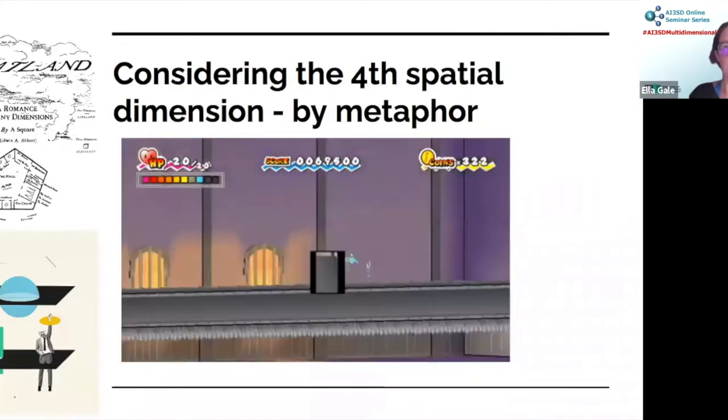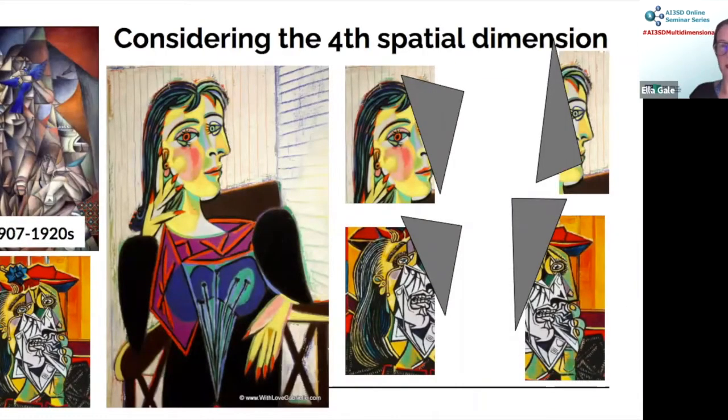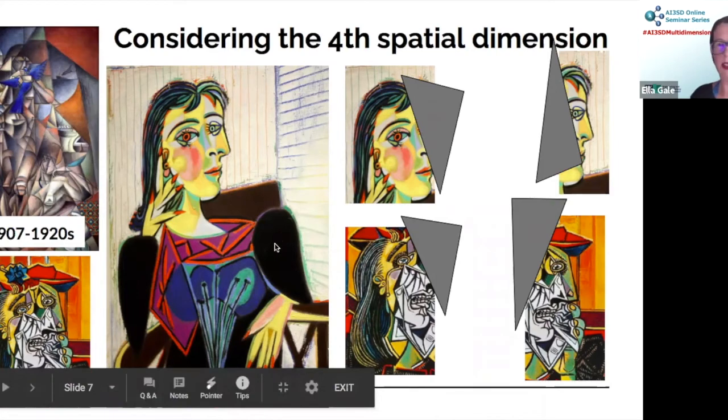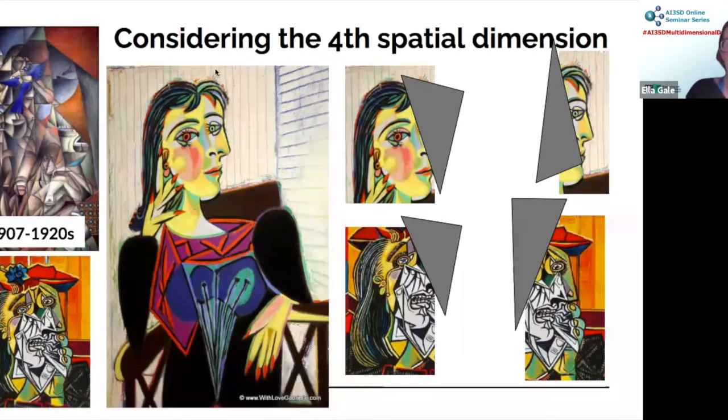Okay. I'm also going to mention some other ideas that were around at the time. Like I said, bear with me. I know this is moving away from chemistry. But the idea of a 4th spatial dimension came in art. What's going on in these pictures here in Cubism is you've got a 3-dimensional image of a woman, a 3-dimensional person, and it's really two viewpoints of that three-dimensional object that have been stuck together, which you can see here. So that might be how three-dimensional objects would look from a four-dimensional viewpoint.